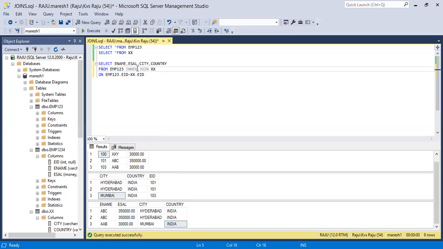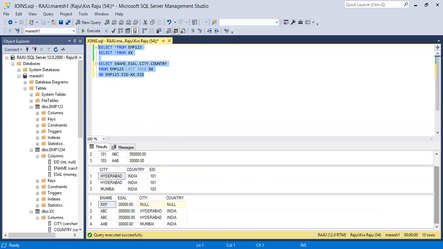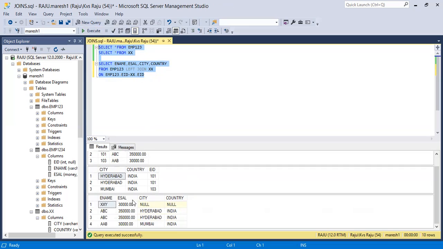Next I'm going to display left join. It is going to display all the values from table A, the left side table. See here in my output, it is going to display all the values from the left side table: XXY, ABC, AAB, all the values.